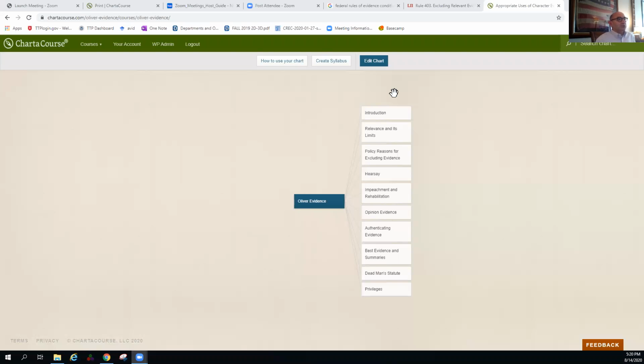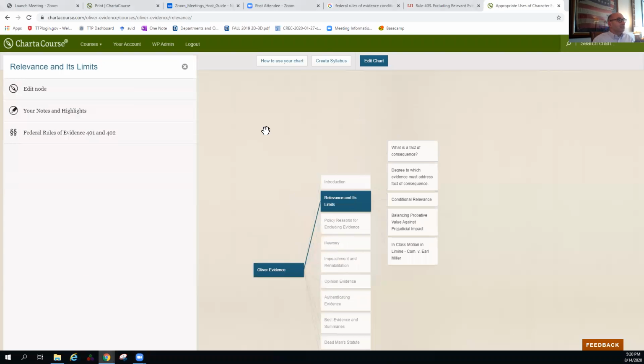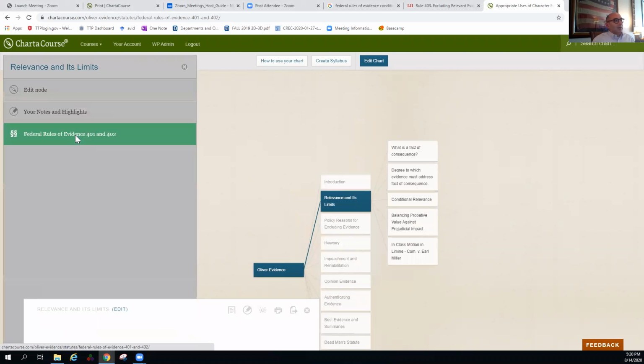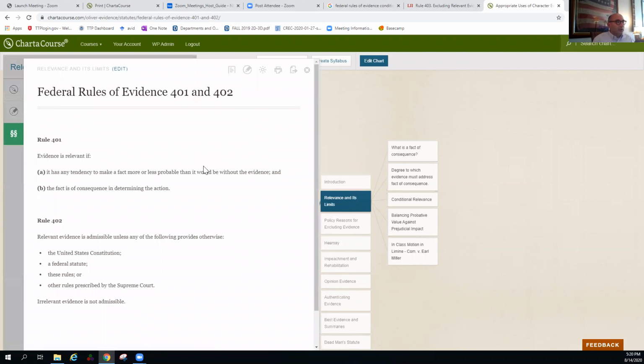So let's share the screen again and look at Chart a Course. And so you should now be seeing Chart a Course. We've seen the introduction already. We want to now go to relevance. And we're going to want to pull up the Federal Rules of Evidence, 401 and 402, which are the main rules that govern relevance in criminal and civil proceedings for all courts that use the Federal Rules of Evidence,